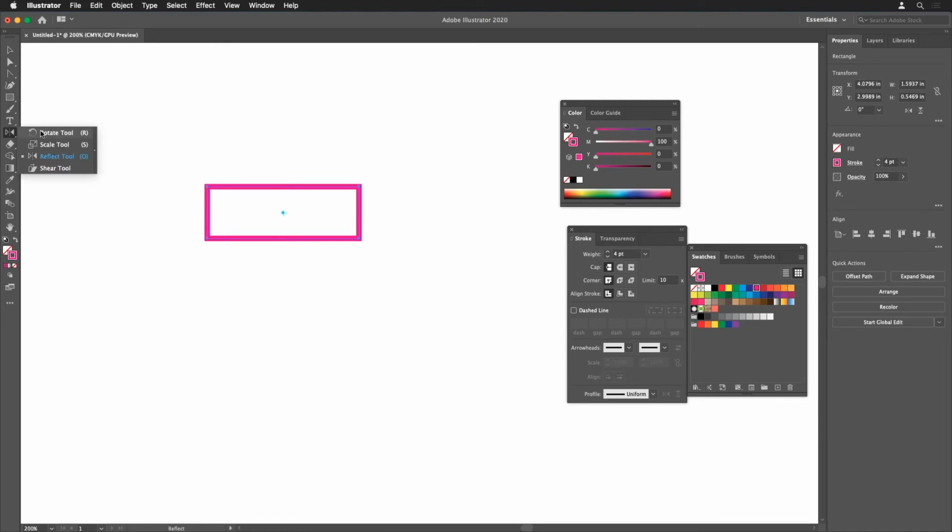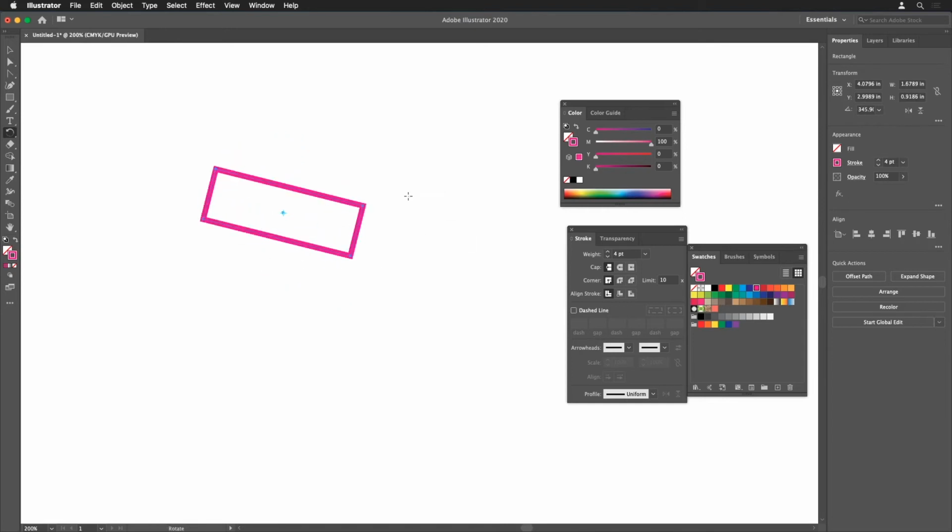Then the rotation tool: I can click anywhere in the artboard, and you can use that point as the rotational axis, and then click and drag to rotate the object. So you can do it from the center or outside of the object, like this. So let's say I click on here. If I click on here, it'll rotate from that